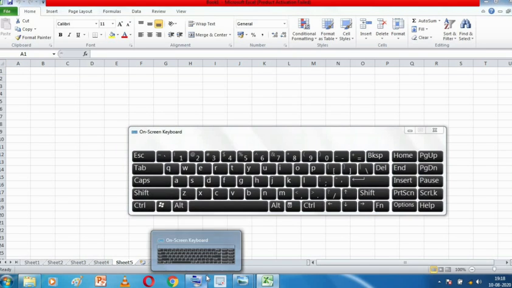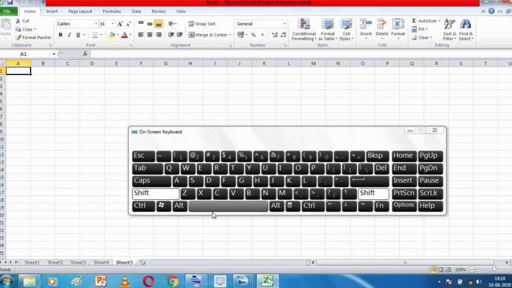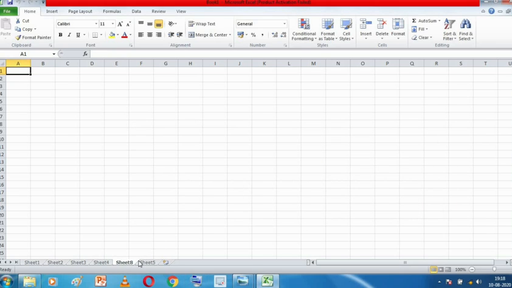Let me show you with the help of the keyboard. I need to press Shift, and this is the F11 key. As soon as I pressed it, see, a sheet has been inserted. So this is a shortcut to insert a new worksheet. If you want, you can use this shortcut, but the easiest one is to click on the insert worksheet button and get your worksheet inserted. So there are 3 methods. Whichever method you like, you can use it.